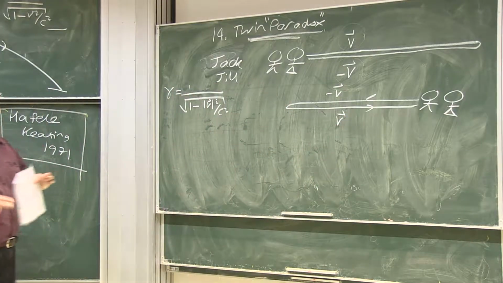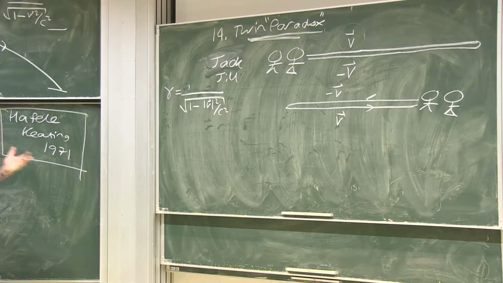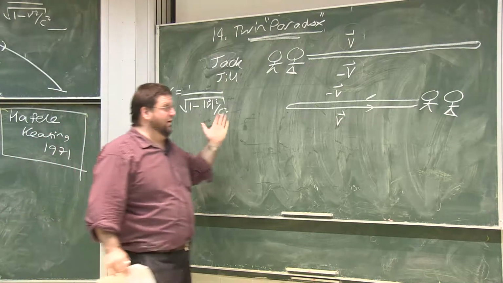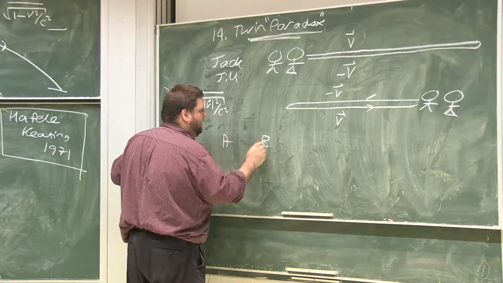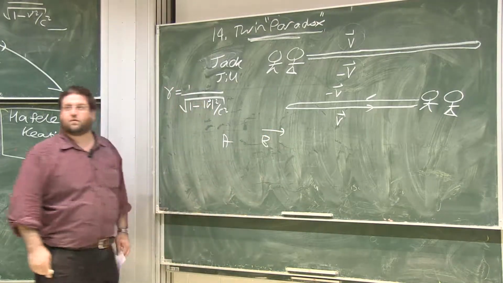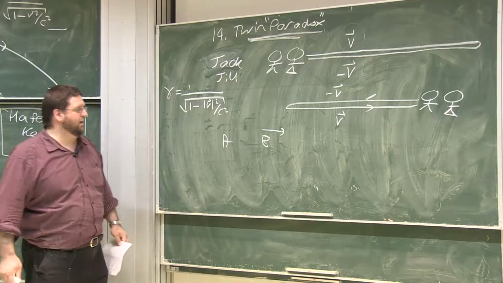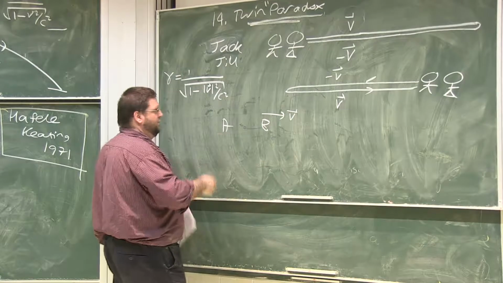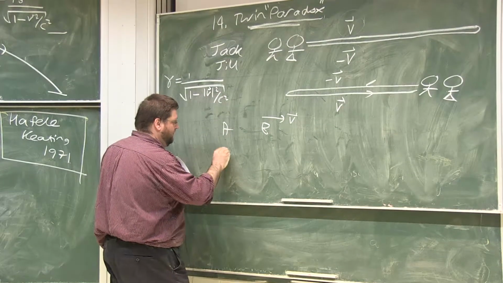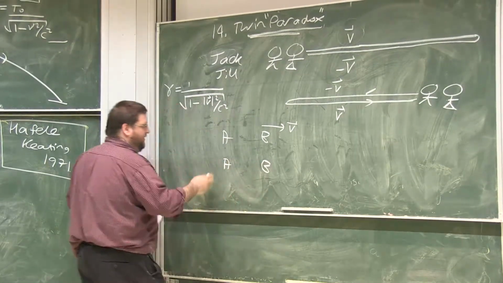Therefore, moving clocks run slow. Jack's clock ticks slow relative to Jill's. If you've got A and B, A says that B's clock moves slow. B is moving relative to A with a velocity v. But there is no absolute frame of reference. So A says that B's clock runs slow, but the relativity principle says that